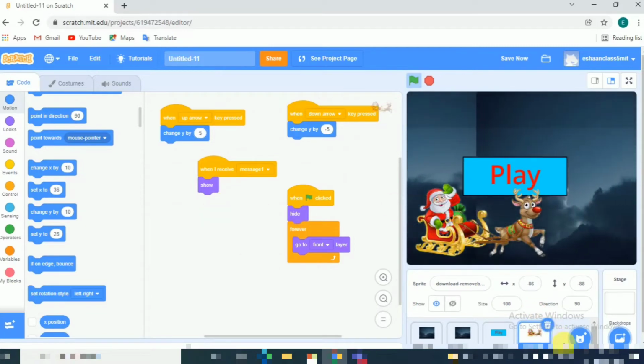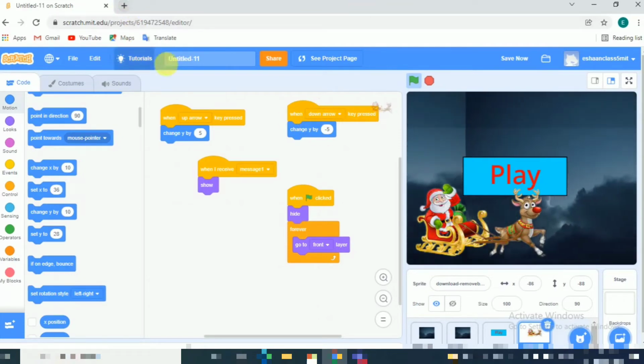So now the coding of Santa is done. You may be thinking why I have not added the block when the right arrow is clicked?